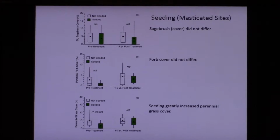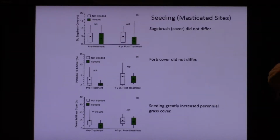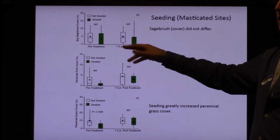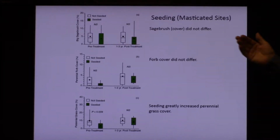So seeding, we wanted to know, are there differences? Is there a difference if you seed or you don't seed? That's really what it boils down to. Once again we're looking at the pre-treatment versus, in this time frame, just the one that was the most dynamic. Okay, and so looking at sagebrush, which was seeded,